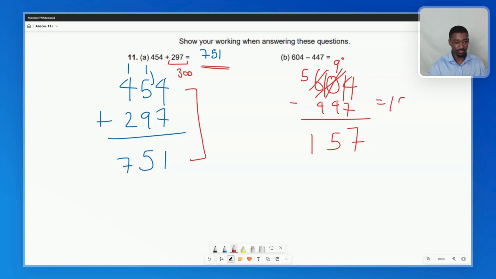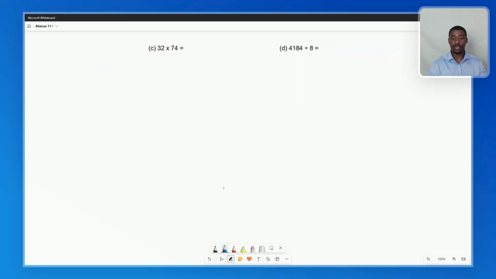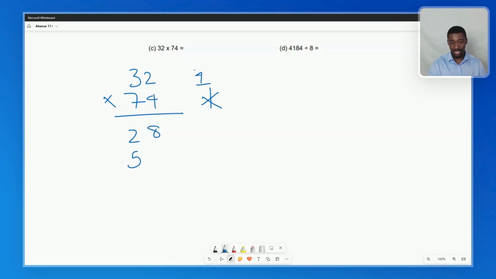So 157. Okay, so now we have 32 times 74. So let's work this out. 32, 74, we have 2 times 4, which is 8. 3 times 4, which is 12, so 2 carry the 1. 7 times 2, which is 14. Add the 1 is 15. And then we have 3 times 7, which is 21. Add the 1 is 22. So now we have 8, 7, 2, 2,